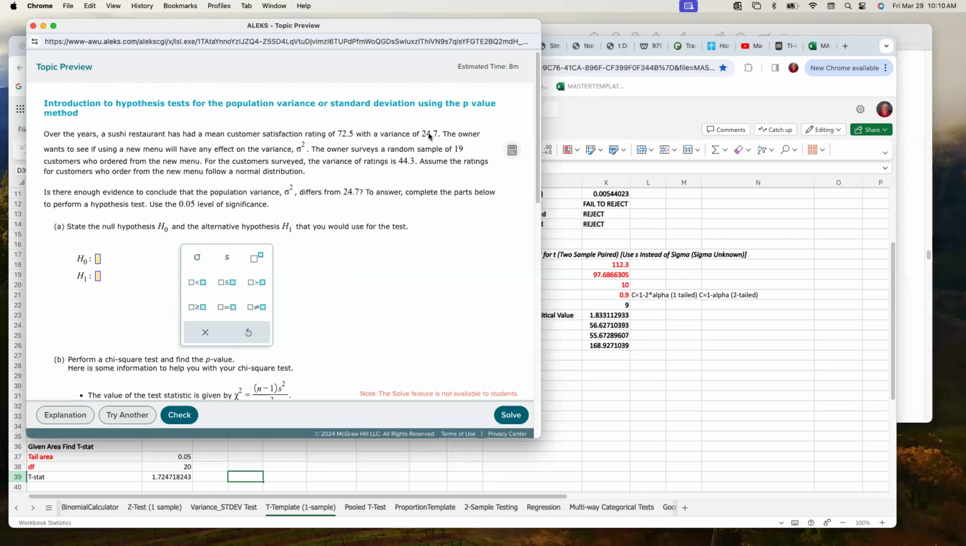Now, they want to see if the variance is going to have any effect if we use a new menu. So they take a random sample of 19 of those customers who ordered from the new menu. And that's important that, again, it's random. And the new variance rating is 44.3, which is quite a bit higher here. We're going to assume the ratings for the customers who order this new menu follow a normal